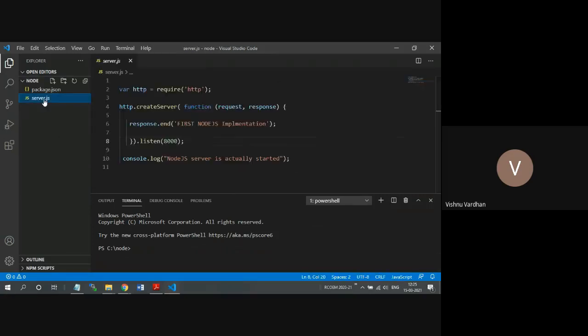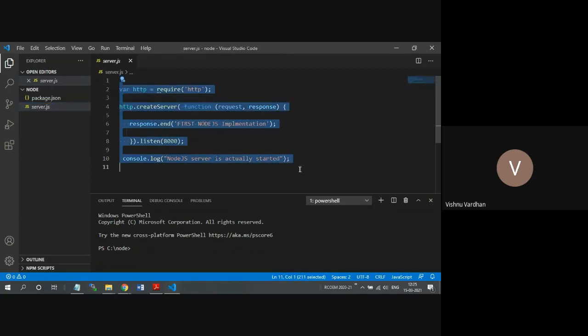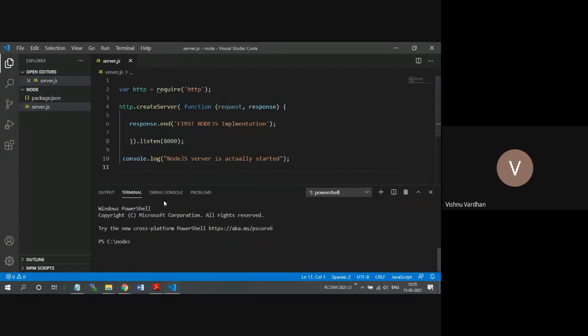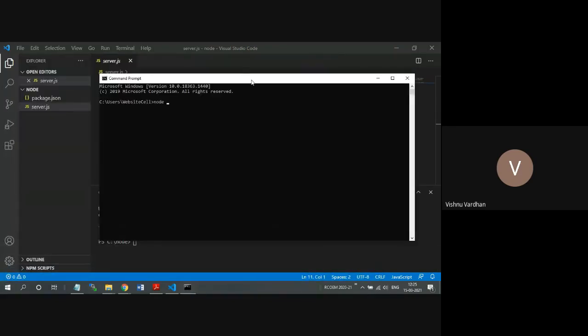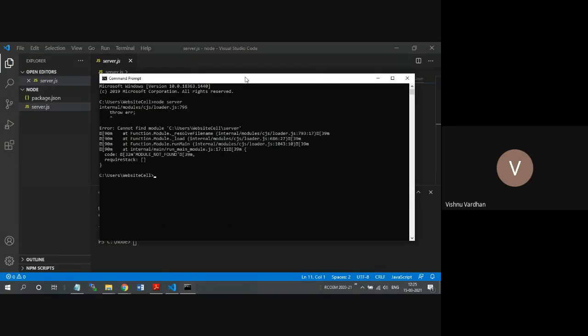If I click on this, the file contents are opened in this interface, and below that there is a terminal window, our command prompt. In the previous case, we compiled the file in this way. This is not the actual folder, so it is giving the error.